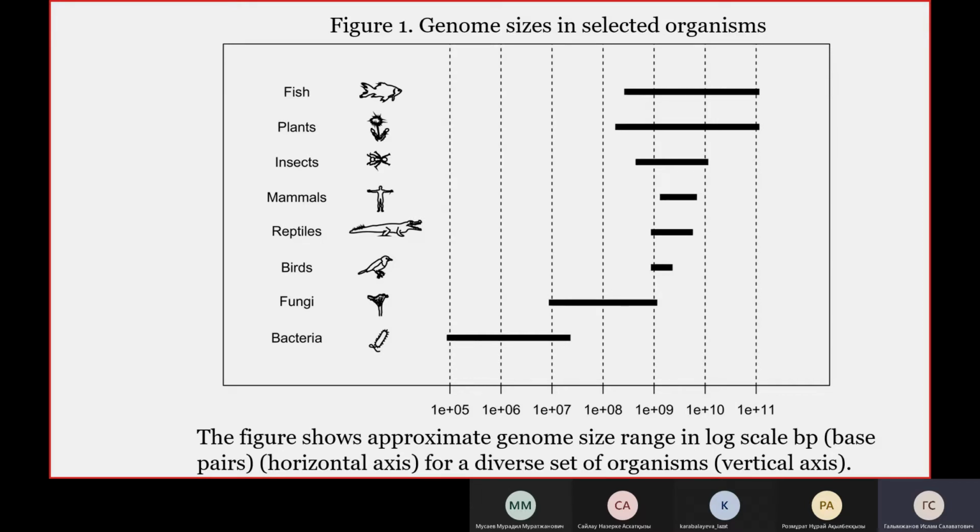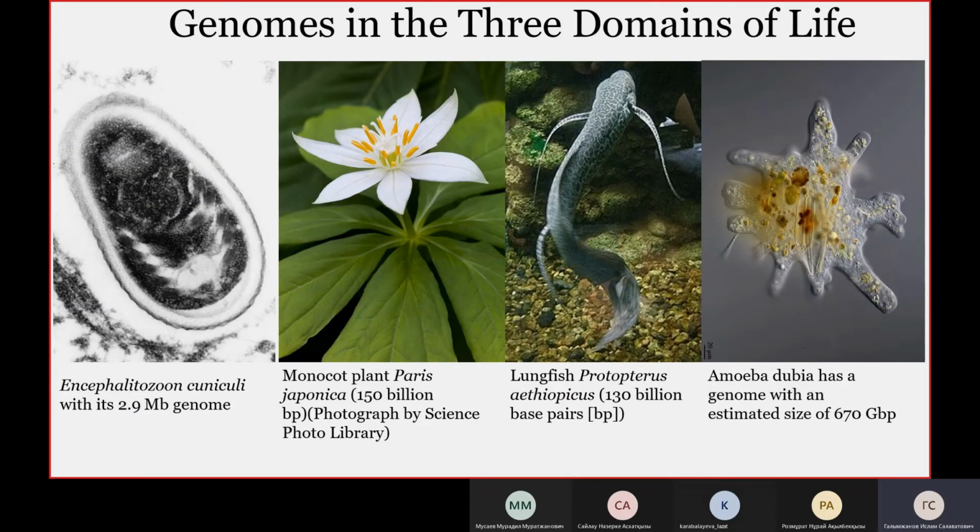bacteria, for example Encephalitozoon cuniculi with its almost 3 megabase genome, to the very large, consisting of over 100 billion nucleotides, such as the lungfish, Protopterus aethiopicus, and the monocot plant Paris japonica. Base composition is generally more similar within closely related groups and organisms residing in the same environment. For instance, the average genomic GC content of the currently sequenced avian, mammalian, and reptilian genomes all lies somewhere within 40 to 50% GC, with GC3 slightly higher.